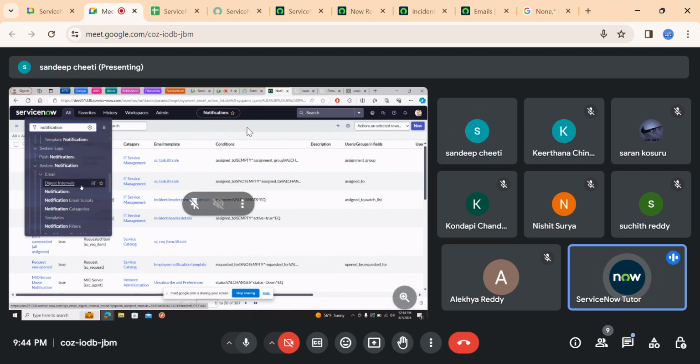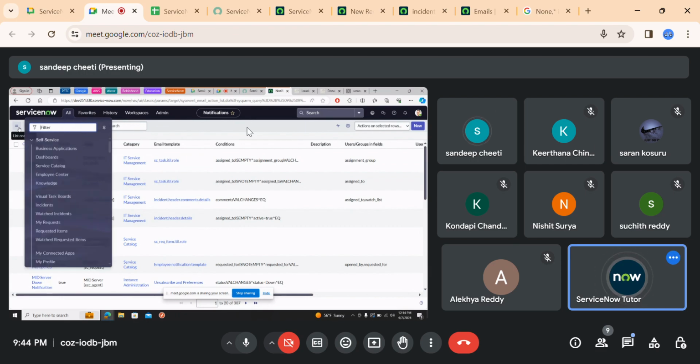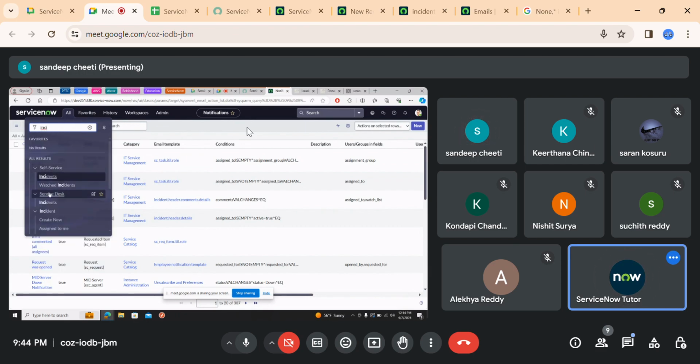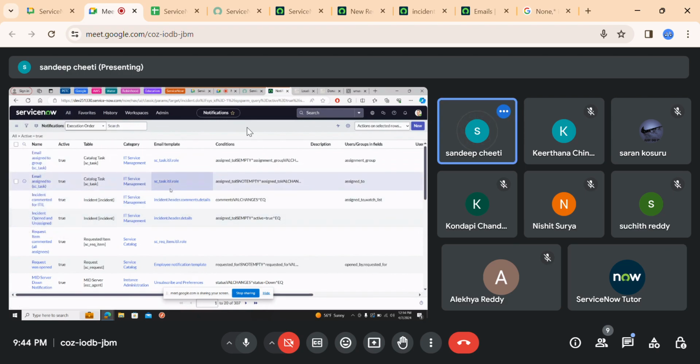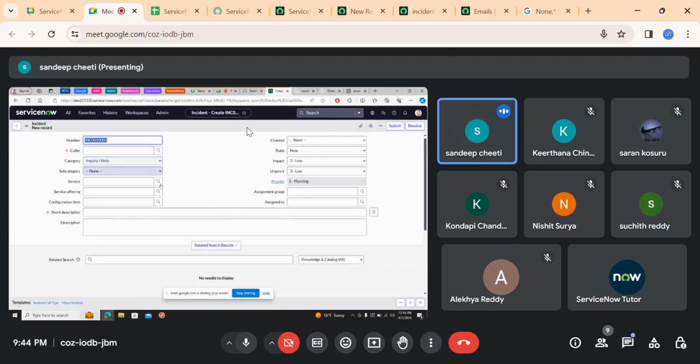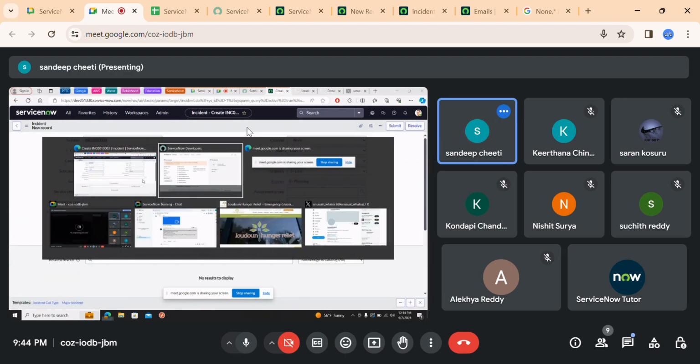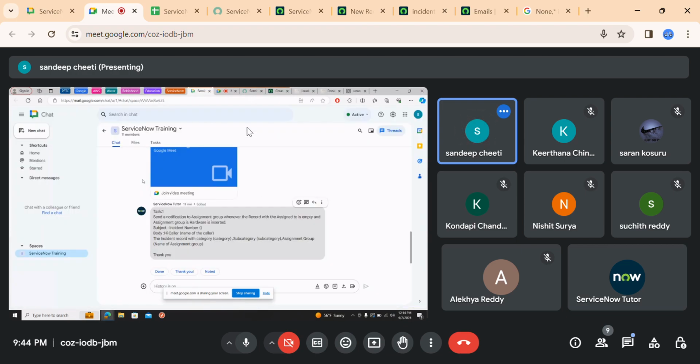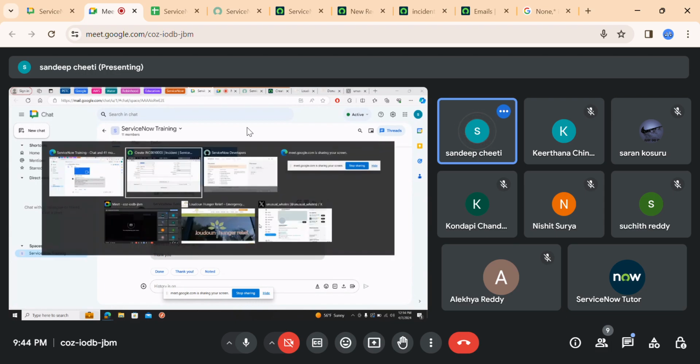Yeah, you can go and create an incident with the given conditions, which conditions you gave. Category, subcategory, assignment group. How do we assign this, assigned to empty and assignment group is empty?